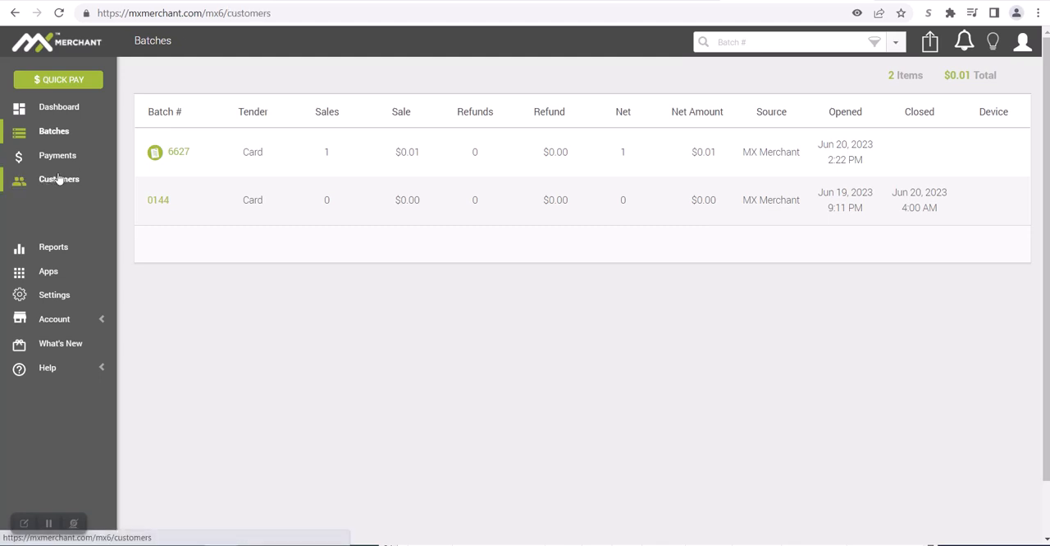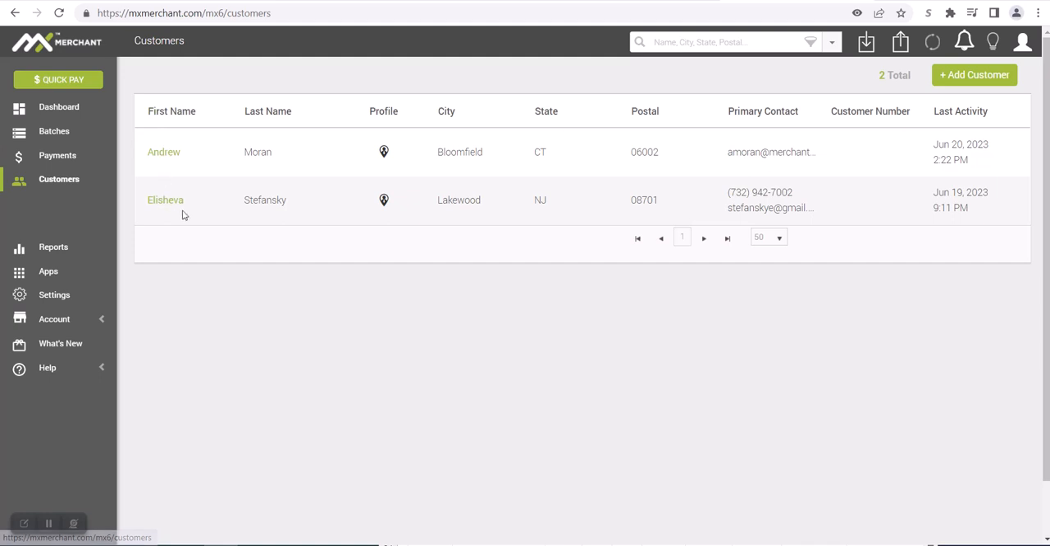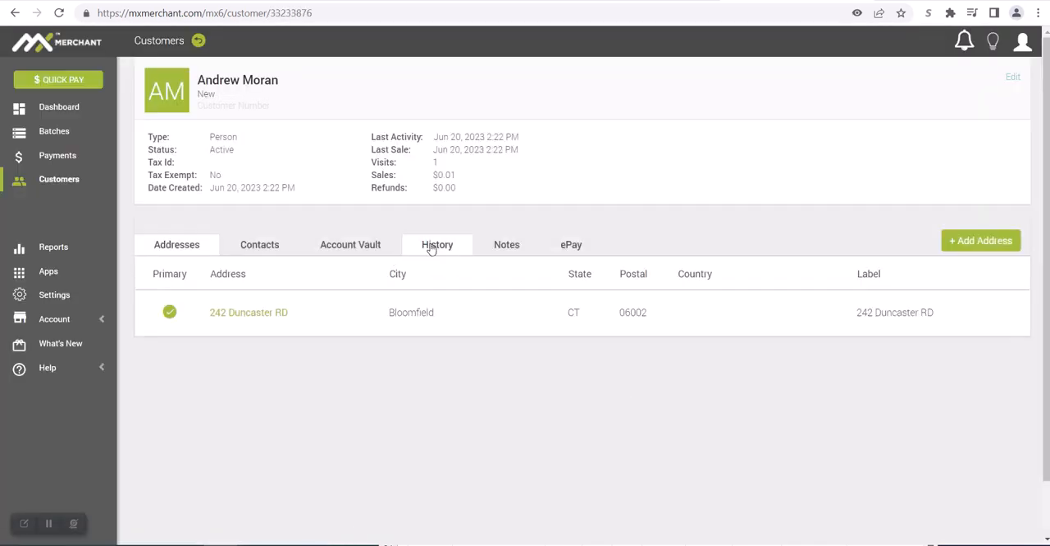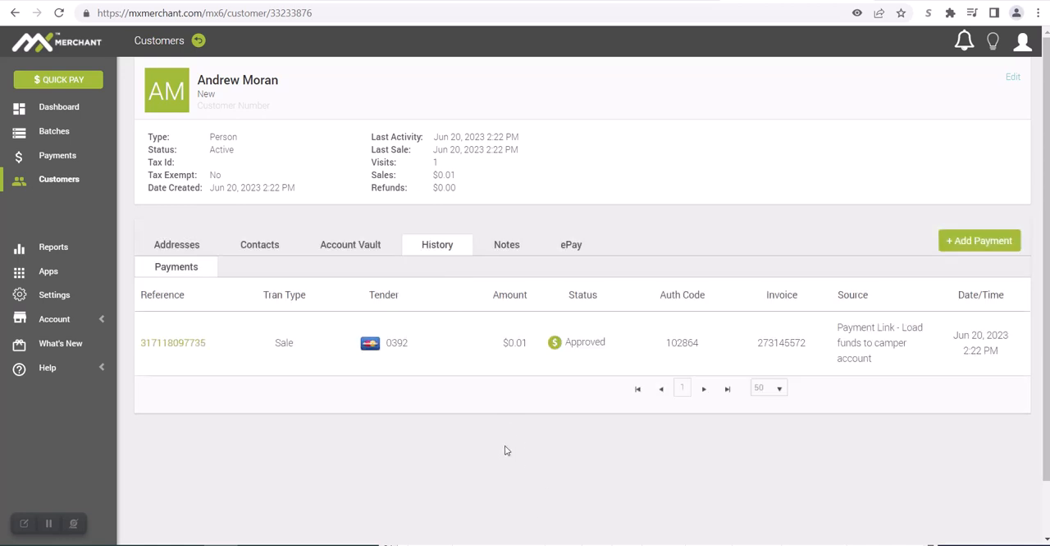And the other is customers. So you can also sort this based on the customer name. Now the customer is going to be the cardholder name, because that's what it's pulling when you're entering the information. But if you needed to see, like for instance, we came into here. If we go into, for instance, history, you could see all transactions that came in from that camper or that